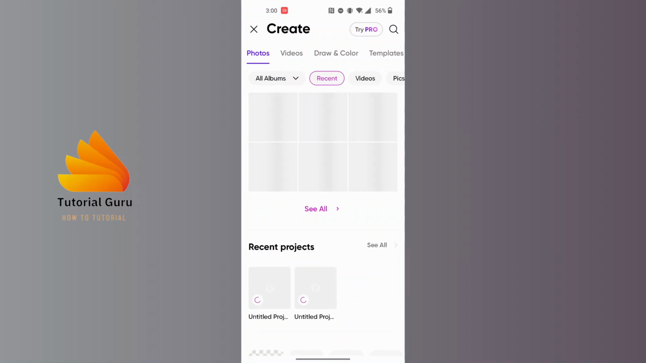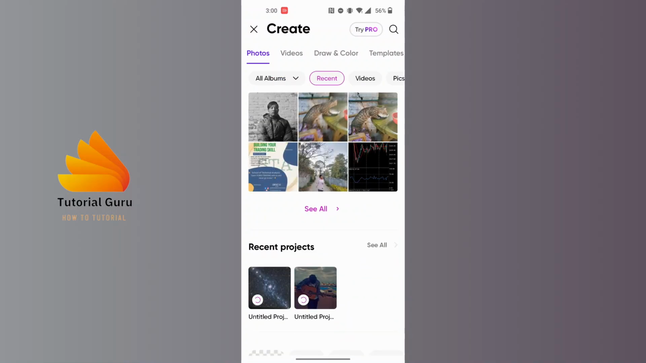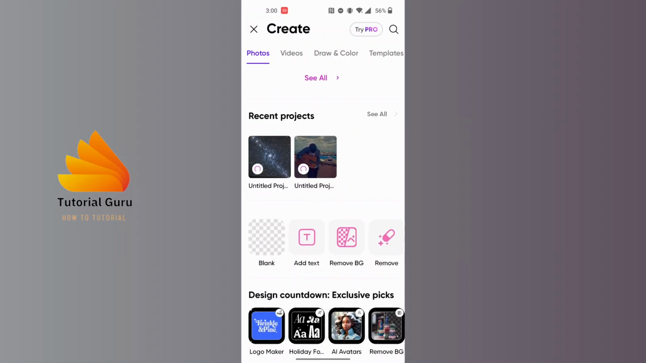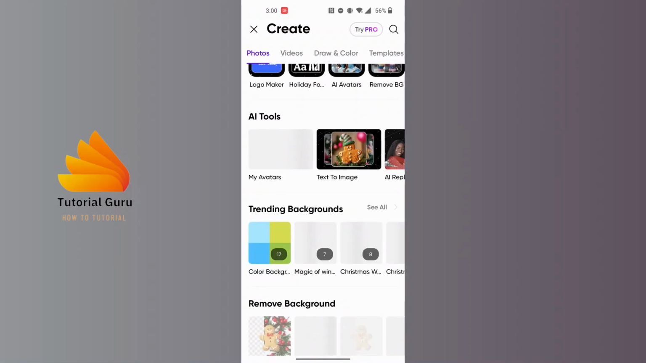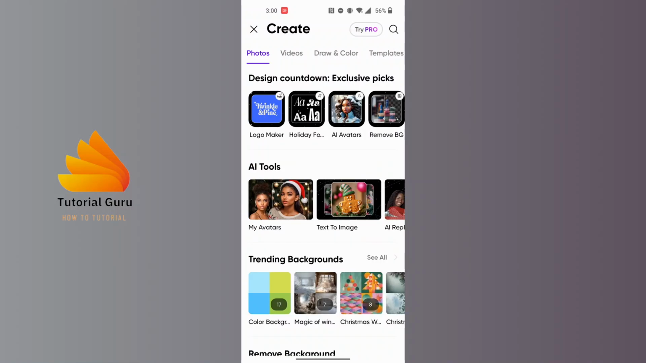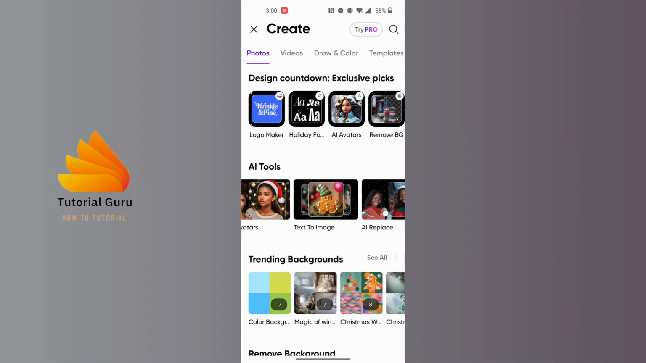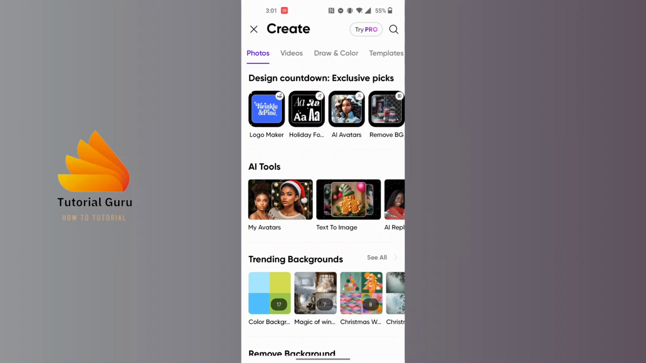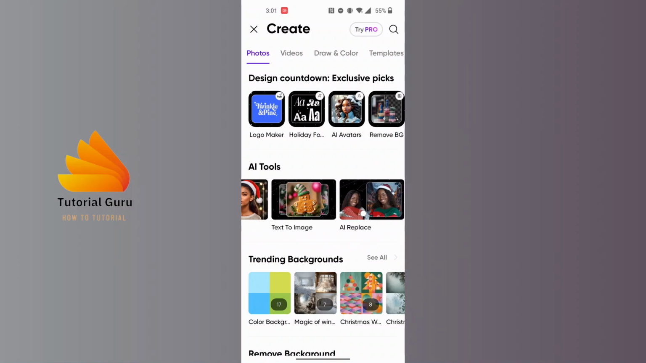the photo section. Over here you can see, now in order to go to the text to image AI on Picsart, scroll down and you can see guys, over here AI tools are available for us. And when you land over here, there is the text to image option available for us under the AI tools, which is the second one. You can see it says just beside my avatars, the second one is text to image. Tap on it,